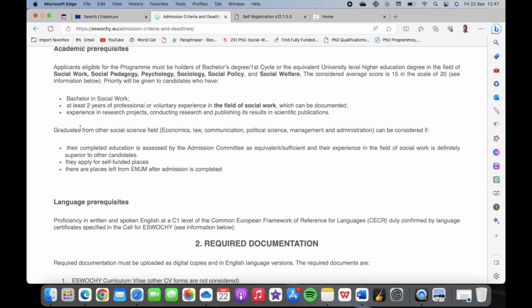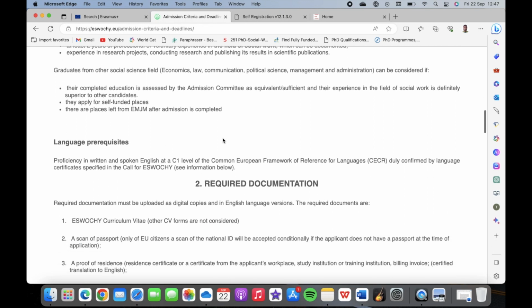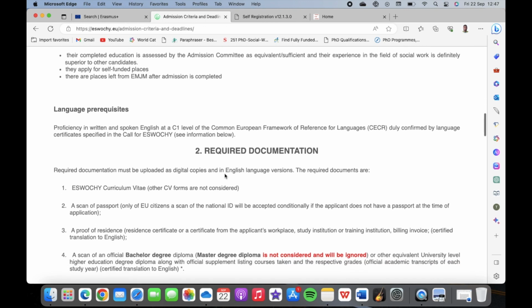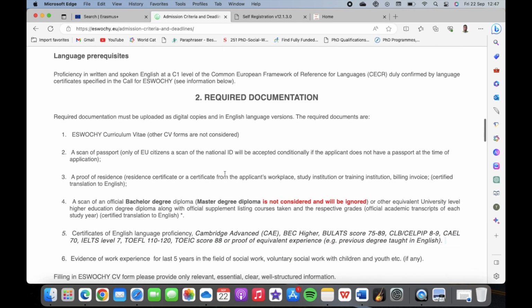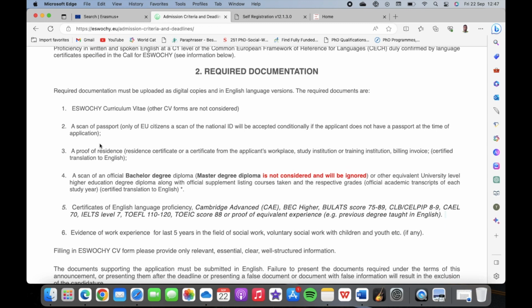And sometimes it's also open for graduates from other social science fields. So you have economics, law, communication, political science, and the rest. You can also do that. And these are the language prerequisites. When you come down, here it is, the required documentation. So you see, you need a curriculum vitae, and now you need a scan of